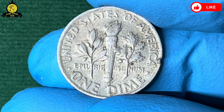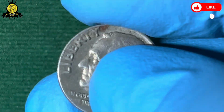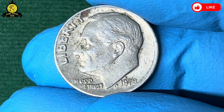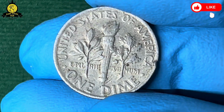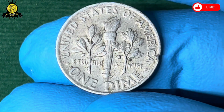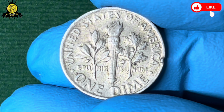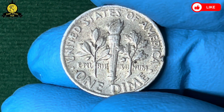One of the key factors that influenced the value of the 1978 one-dime coin is its condition. Like all coins, the value of the 1978 dime is highly dependent on its grade, which is determined by factors such as wear, scratch marks, and the clarity of the design. Coins that are well preserved and exhibit minimal wear are considered to be in higher grades and are therefore worth more in the market. For the 1978 dime, coins that have been kept in uncirculated or near mint condition are particularly valuable. These coins may have only the slightest imperfections, if any, and their sharp details make them highly prized